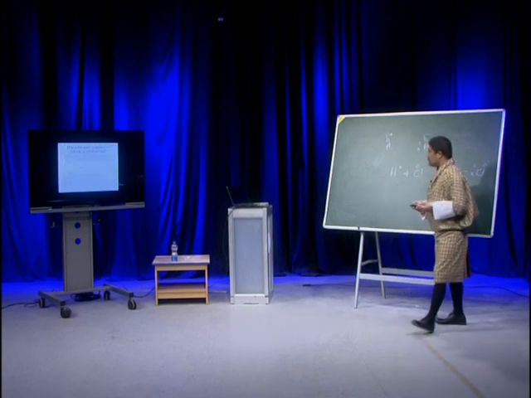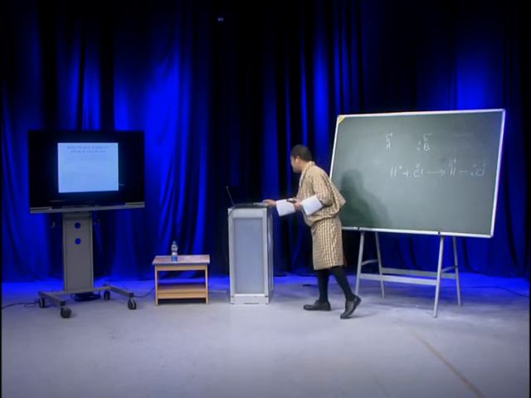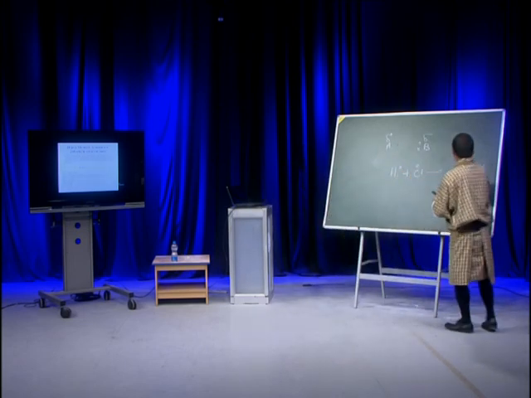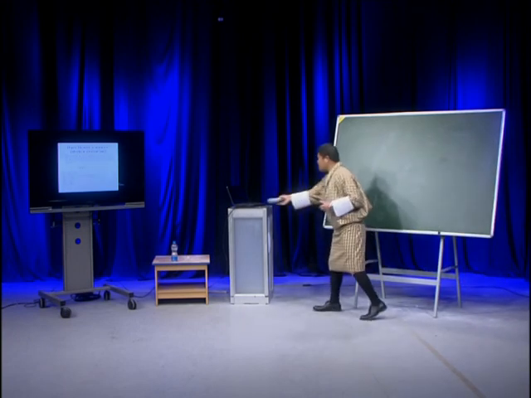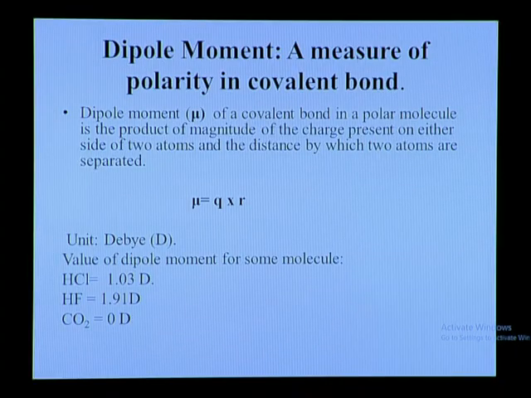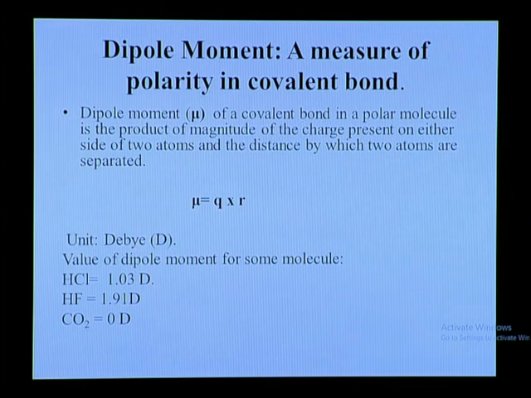Now, what measures the degree of polarity? How can we say that the bond formed is polar in nature, or that the bond has polarity? One of the factors is dipole moment. So what is dipole moment? It is a measure of polarity in a covalent bond. Dipole moment is represented by mu. The dipole moment of a covalent bond in a polar molecule is the product of the magnitude of the charge present on either side of the two atoms and